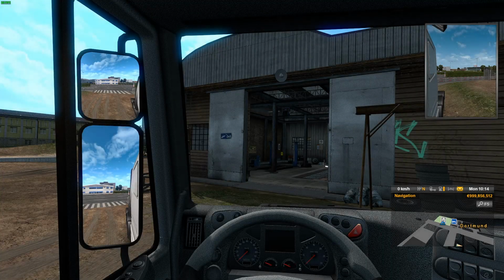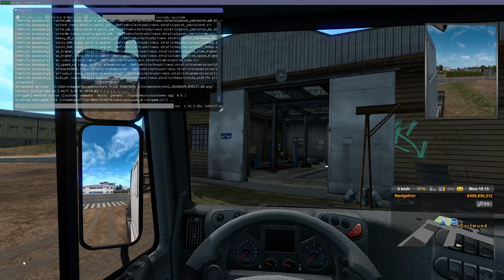So once you have activated your console and dev, you just need to press the tilde on your keyboard. That is the keybind on top of the Tab key and on the left side of the number 1 button. Just press it, and as you can see, the console will open. Then if you want to travel to Paris, just type go to, then space, Paris. If you make a wrong spelling here, it will not be activated. It will not send you to Paris. So let's hit enter,